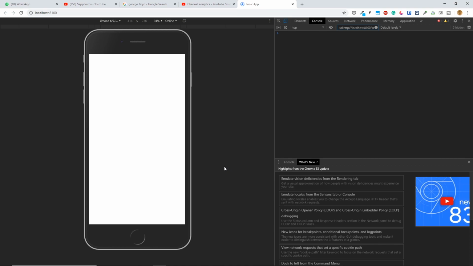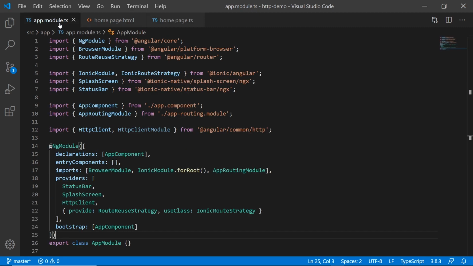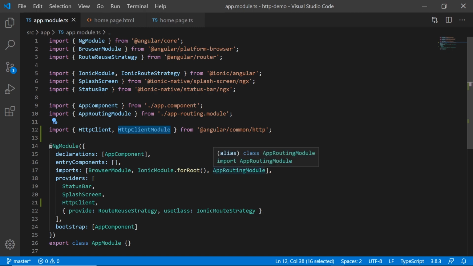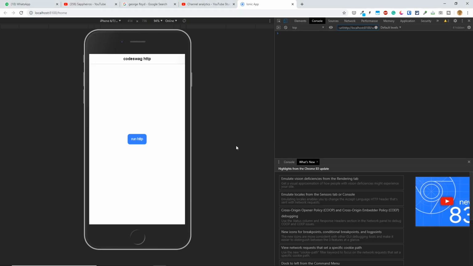And if we go to our code, what I forgot to do was in app module TS, here we have our HttpClient module. We're supposed to add it to our imports. Right here where it says imports, we're supposed to put in HttpClient module. And you'll notice that as soon as I save this, it will refresh and our application will render. So when we click run HTTP,